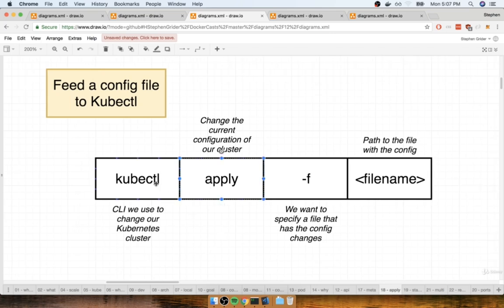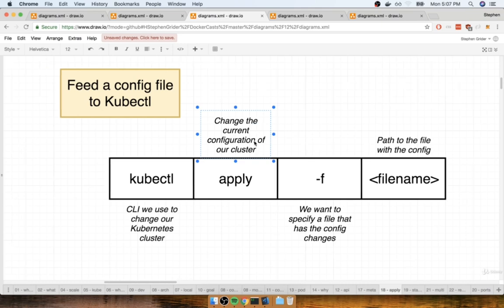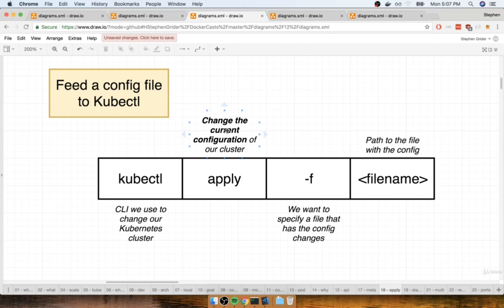So at the command line, we're going to run kubectl apply -f, and then the name of a configuration file, or I should say the path to the configuration file. Now, kubectl, again, that's a command line tool that we use to mess around with everything going on inside of our Kubernetes cluster. The apply keyword means that we want to change the configuration of our cluster, and that's actually kind of a very loaded term. Like these words right here, change the current configuration. That's a real loaded term right there,